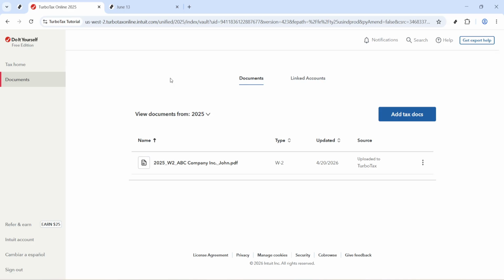Once you're inside the Documents area, the next thing you want to do is find the option labeled View Documents From. This section lets you switch between different tax years so you can locate returns that were filed in the past. Select that option and choose the year you want to access. Take a moment here to make sure you're picking the correct year, especially if you filed multiple returns and need